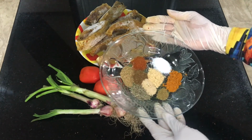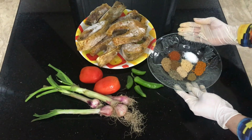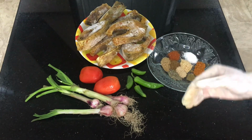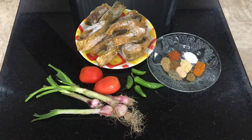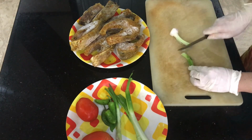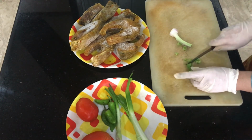But here look at the spices you'd be needing to make this karahi. Just regular spices like red chili powder, turmeric powder, ginger and garlic powder, cumin powder, coriander powder, some cumin seeds, some garam masala powder and some salt. As well, we'll be needing some spring onions, a couple of tomatoes and a few green chilies. We'll be chopping the vegetables now, and while I chop them, I'm sure you won't be interested in watching that,